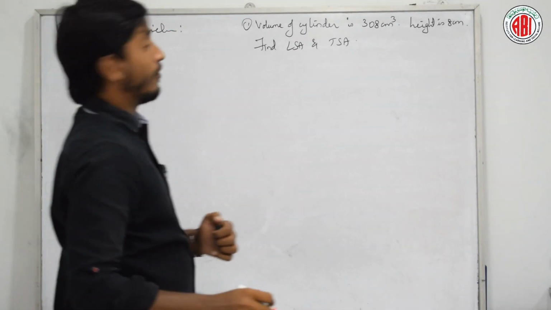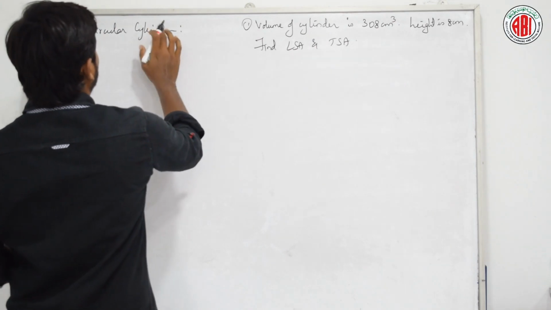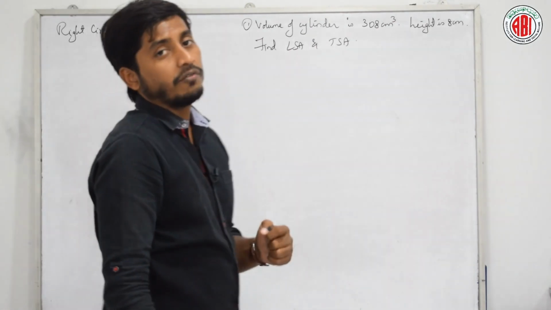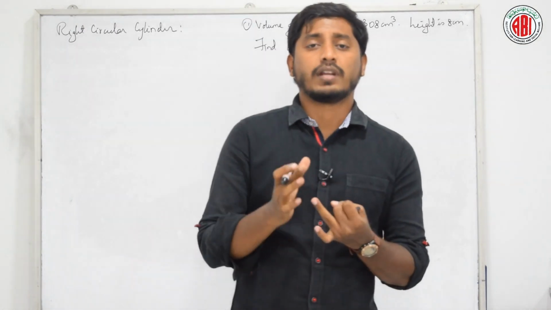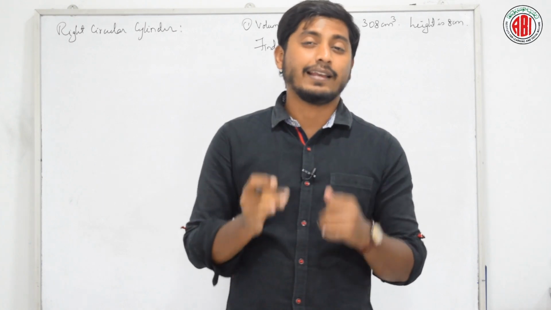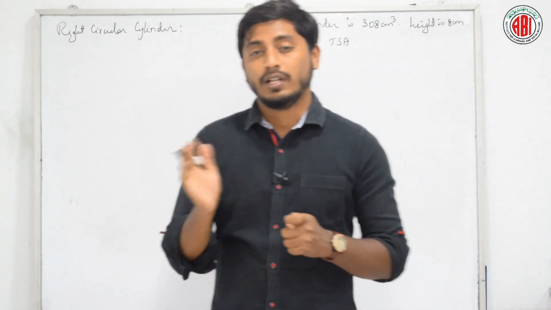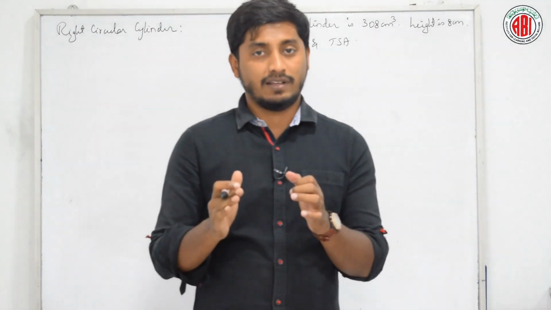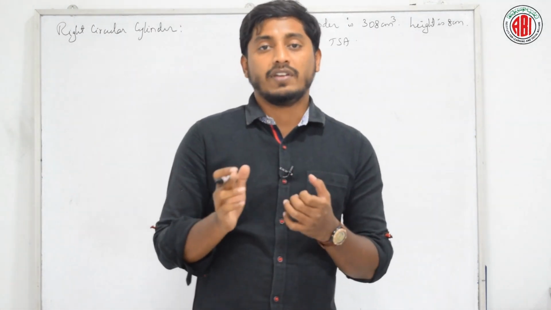First tell me, why do we call this kind of names? Tell me, why not just cylinder? Why do we call it a right circular cone, a right circular cylinder? Because it will have exactly 90 degrees without any kind of deviation, and not only that, they are exact typical figures without any deviation.